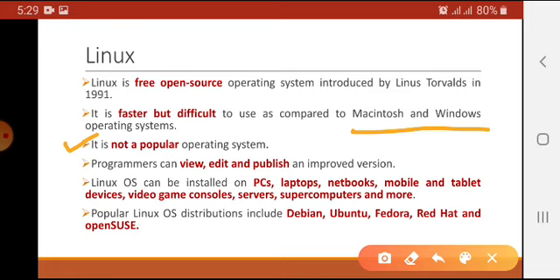Programmers can view, edit, and publish an improved version just because it is open source software. The Linux operating system can be installed on PCs, laptops, netbooks, mobile and tablet devices.